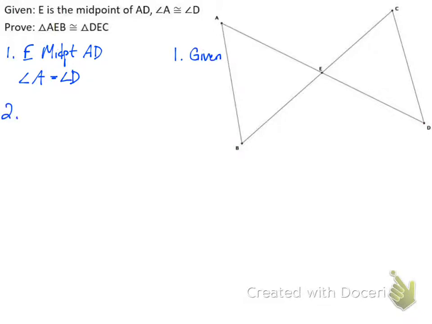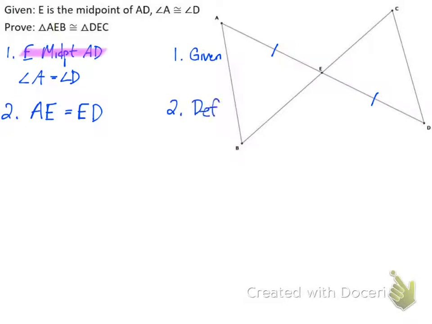So again, go through my written given statements. If E is the midpoint of AD, this is segment AD, and so I would know that the two segments that make up that big segment are going to be equal. So AE and ED are equal. So AE is equal to ED